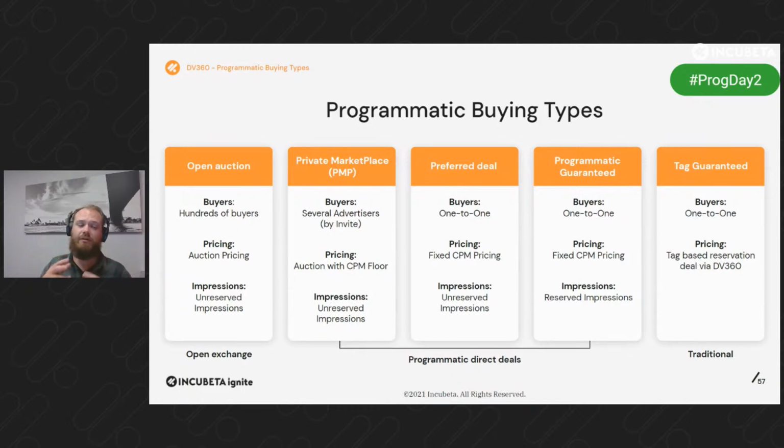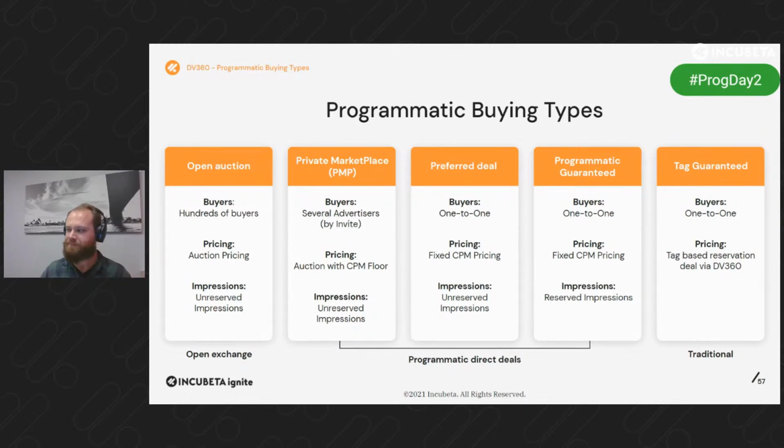So we have very little input in terms of buying or audiences or bidding or creatives or anything like that. That would be a tag guaranteed deal. Then we move across slowly as we go to the left. We get to more and more control from an advertiser's perspective. On the far left we have open auction, where it's effectively our targeting and unreserved impressions, and in a major